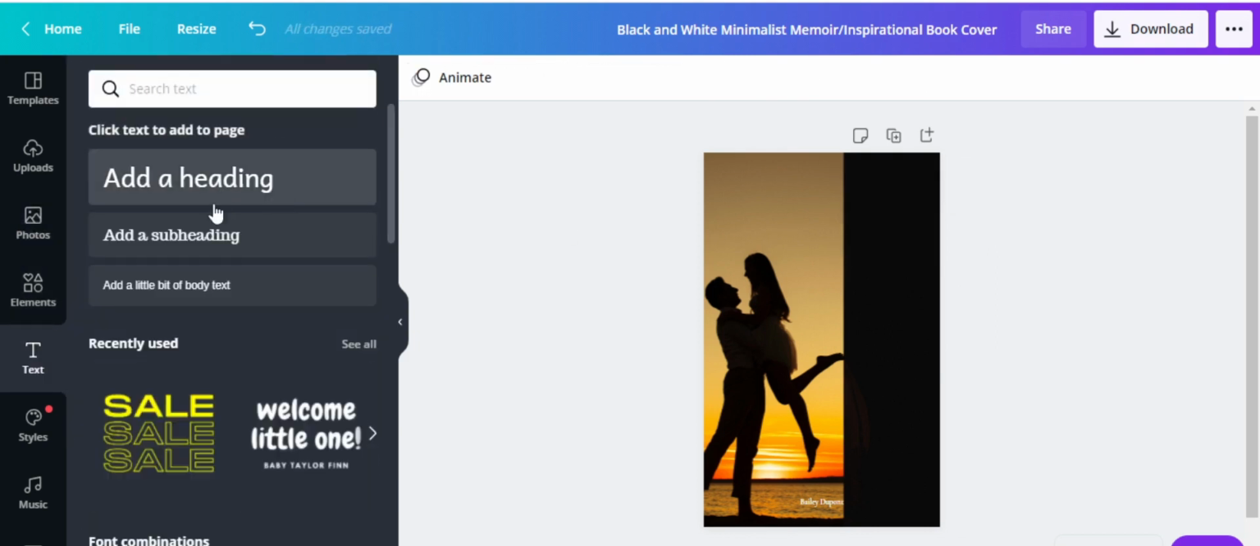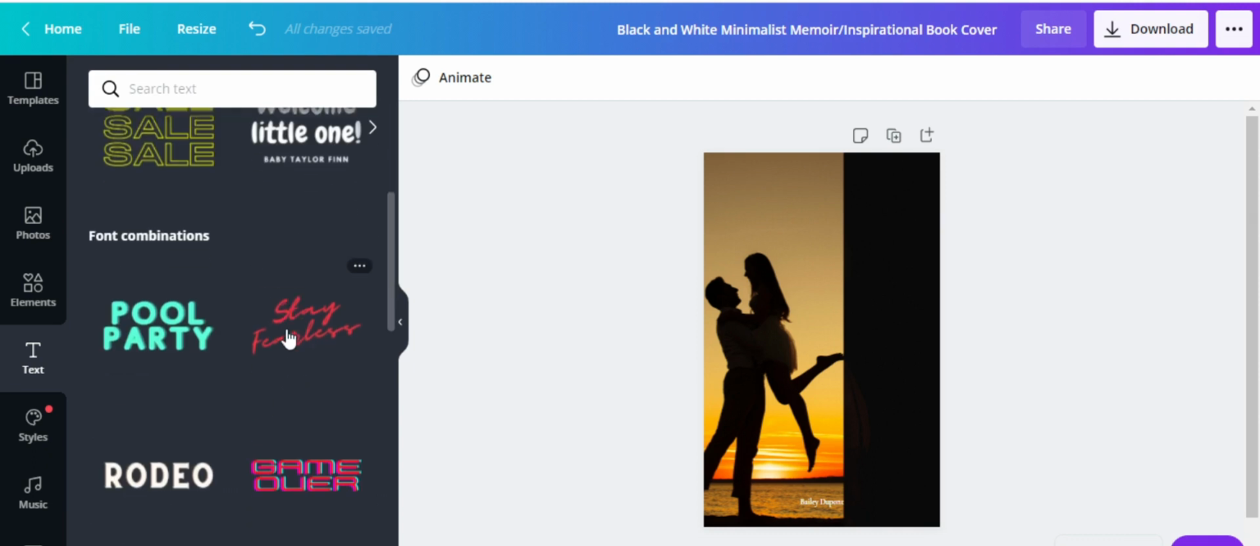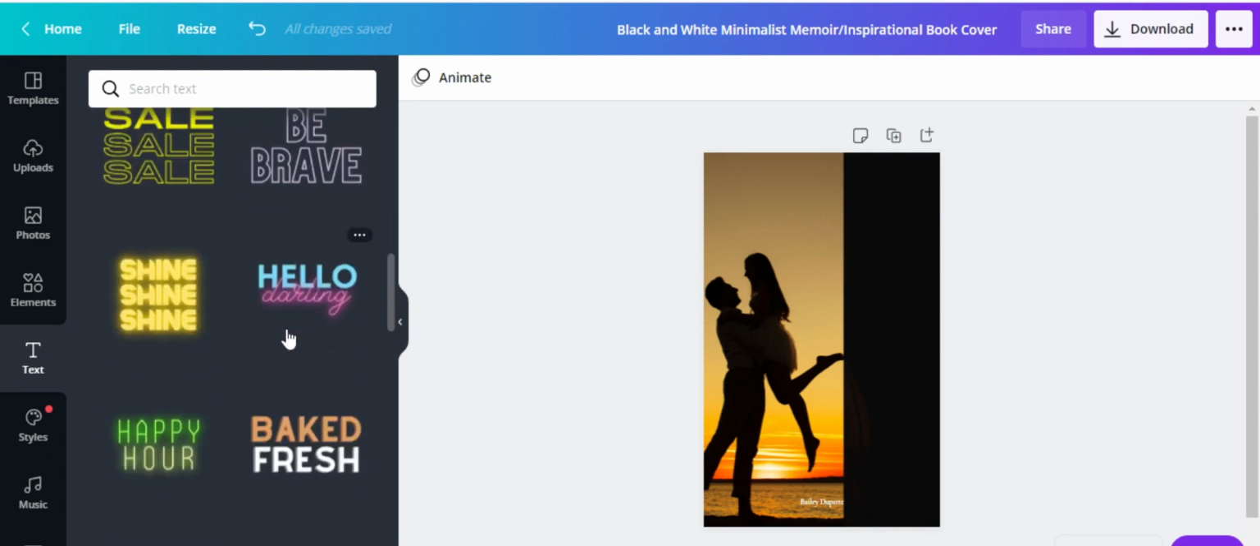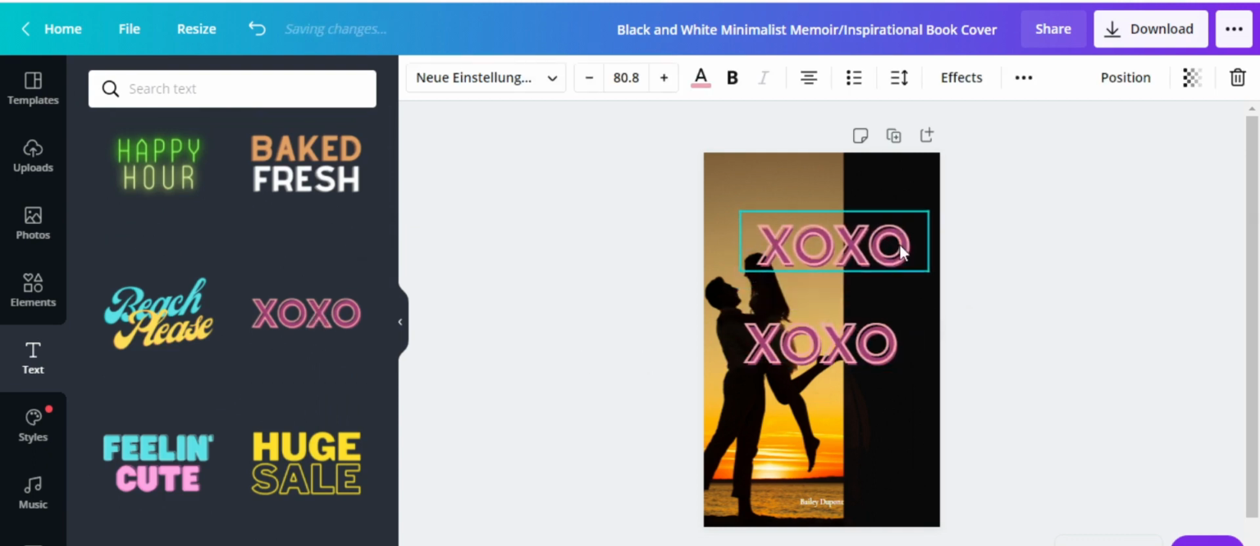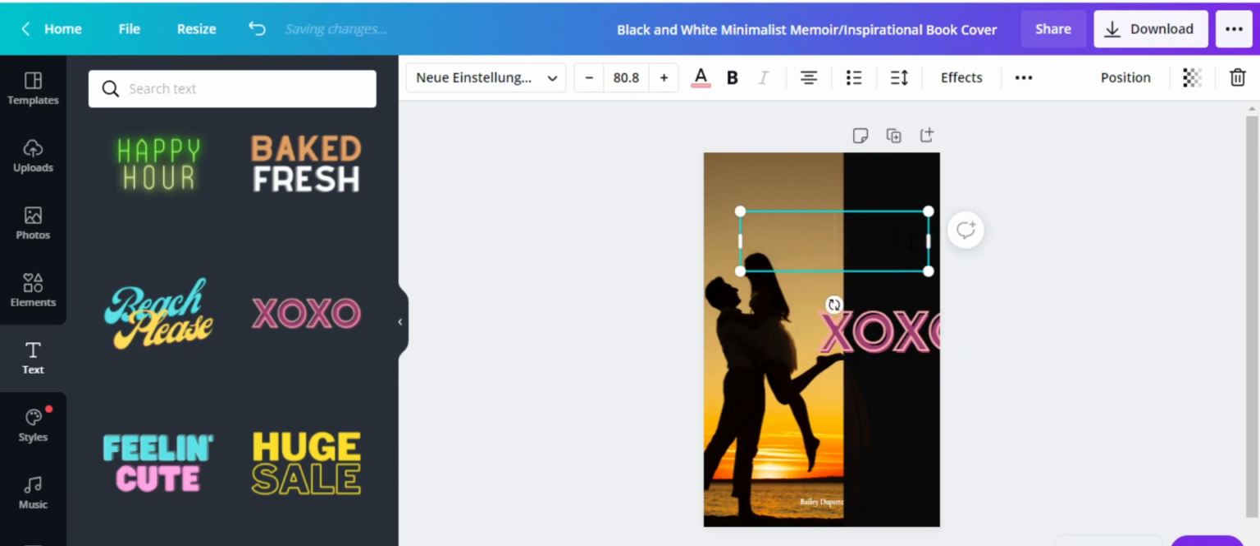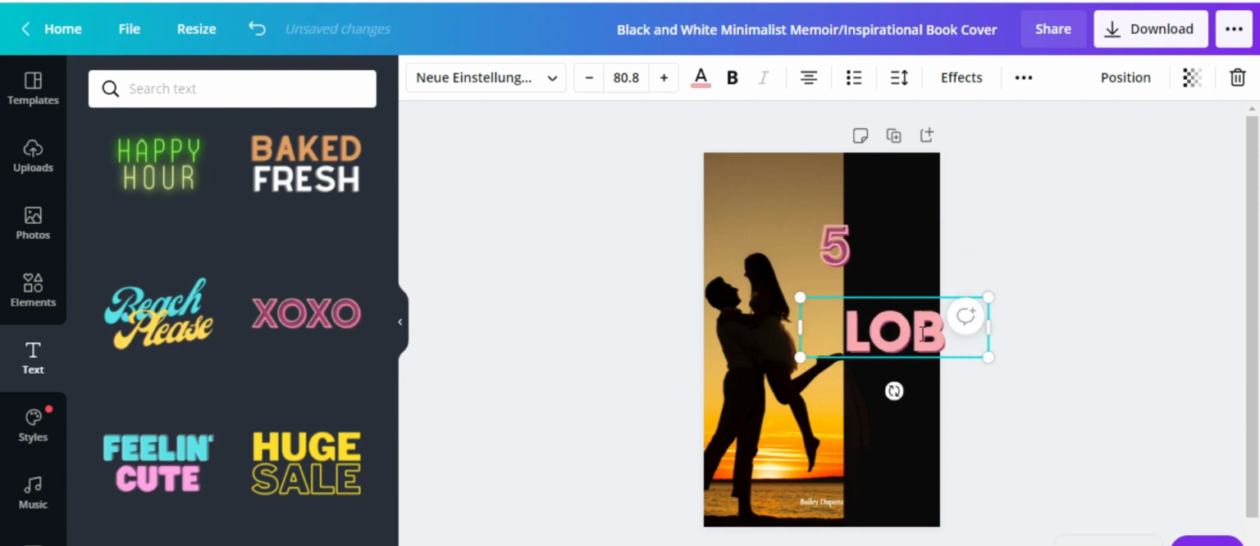So let's come here, then I can just pick a text design here. Let's say I want to use that, so I can just come here and then I highlight and there's a 5. Yep, so now let's look at how this is going to come up. Then I just say love,